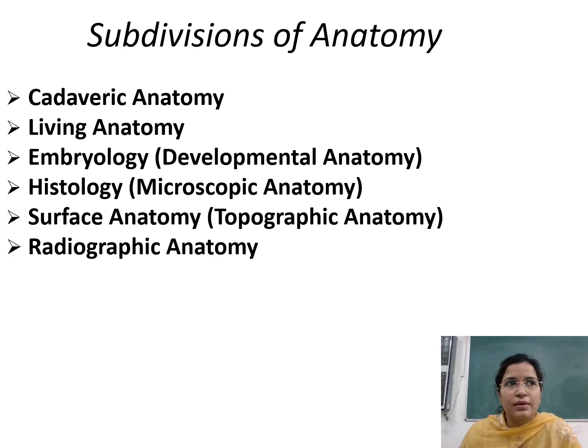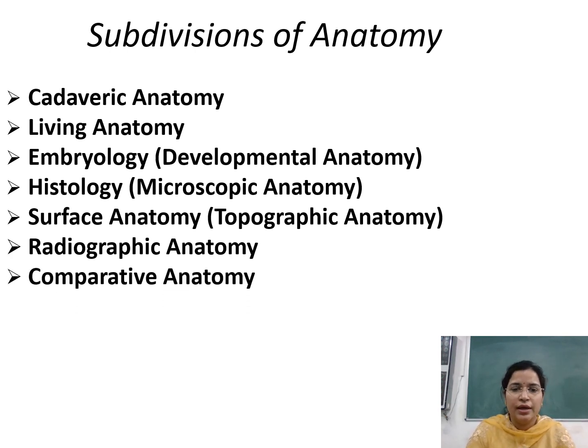Because the normal structure, how the bones can be visualized over the x-rays, how the soft parts and the organs can be visualized on the x-ray film, and with the help of x-rays in the first year, radiological anatomy, that is radiographic anatomy, is a subdivision of anatomy. Now comparative anatomy, this term has become obsolete, it is omitted from the syllabus, but comparative